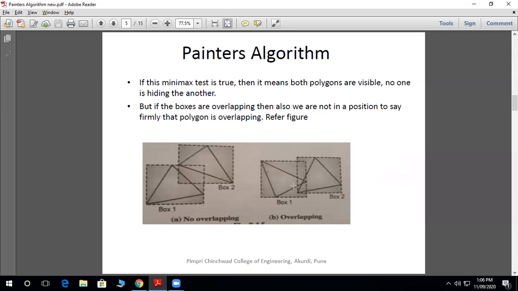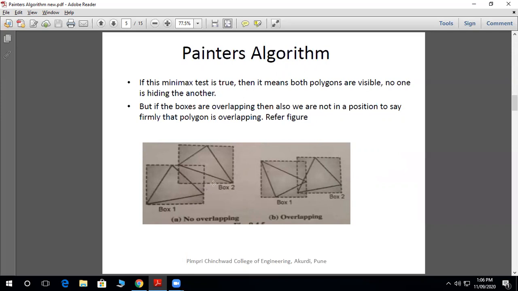In the second case, the boxes are overlapping and the inside polygons are also overlapping. So this is no overlapping, but this is overlapping. We can't say firmly that if the boxes are overlapping, the polygons are also overlapping, right?